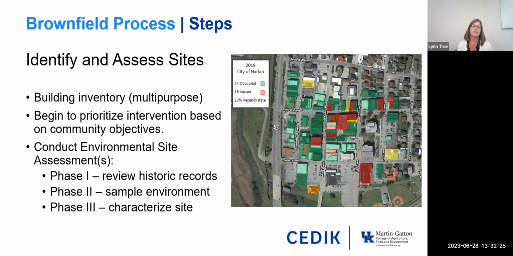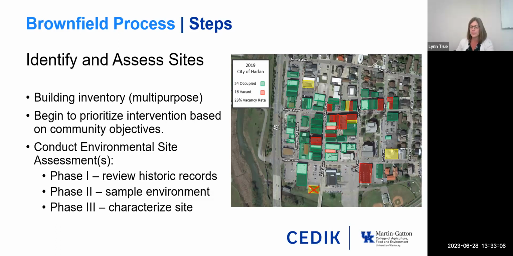Yeah, well, environmental site assessments are basically studies on the particular piece of property. And they're commonly referred to as phase 1, phase 2, phase 3. These studies are done in phases, and they're done progressively, with each phase gathering more detailed information about that property, all with the intent of trying to determine whether or not the site is contaminated, and if it is contaminated, what types of contaminants are present, and to what extent that contamination is present as well. So these are known as phase 1, phase 2, phase 3.